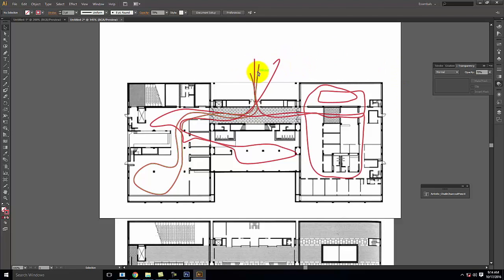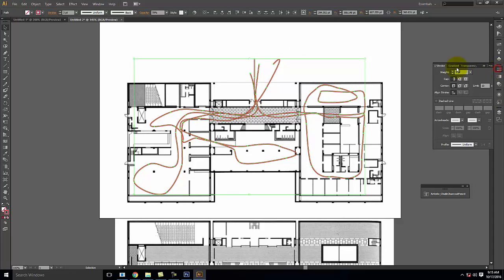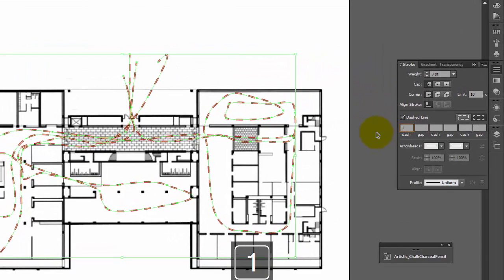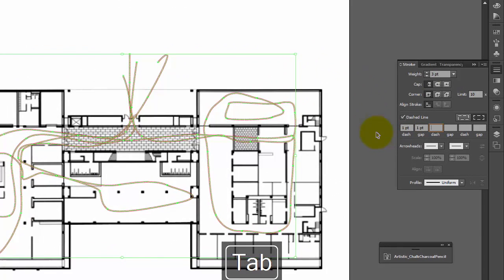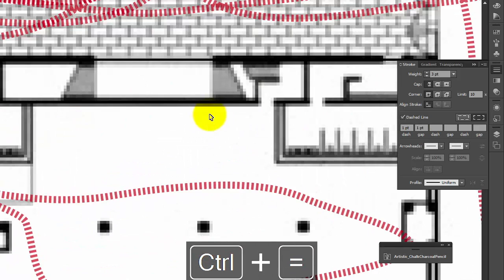Okay, so we could take this a step further, though, and we could take these lines and convert them, under strokes, to having a dash to them rather than being just a solid line. And we can control in the dash line what the size of the dash is and what the gap size is. So for example, I could do a 1-point dash and a 1-point gap, and we'd have a line that's a much tighter